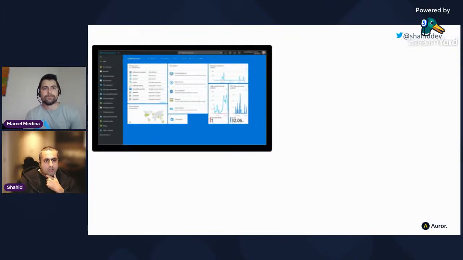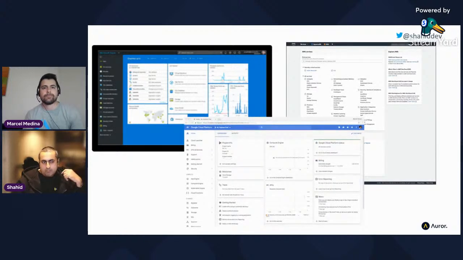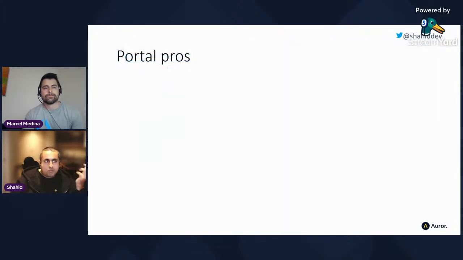So when we think about provisioning cloud infrastructure, the first place most people end up is the portals, the cloud portals. Each of the cloud providers have their own portals, and to be honest, it's not just the cloud providers, lots of other providers, but we will focus predominantly on the three main cloud providers in the early part of this talk. Why are these portals really popular? Well, one of the key bits is discoverability. So folks who don't know what they don't know, until you go in the portal, you can see what resources you have available to you. You might not know that until you see that in the portal.